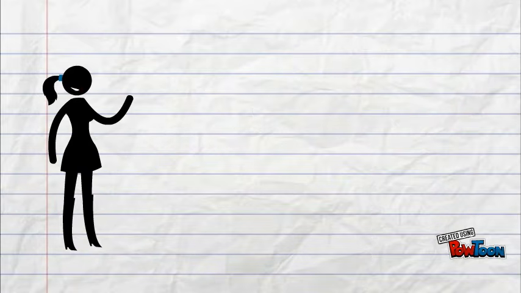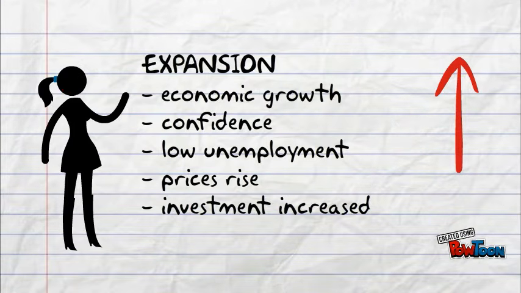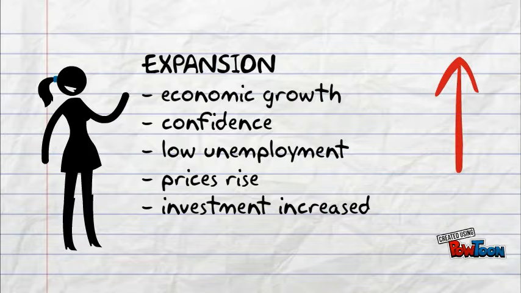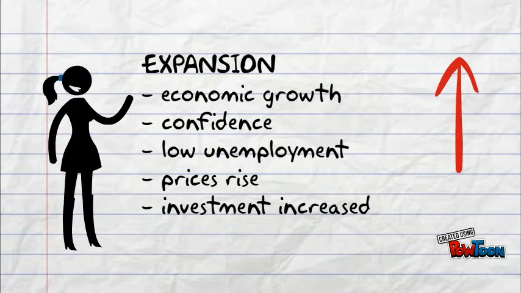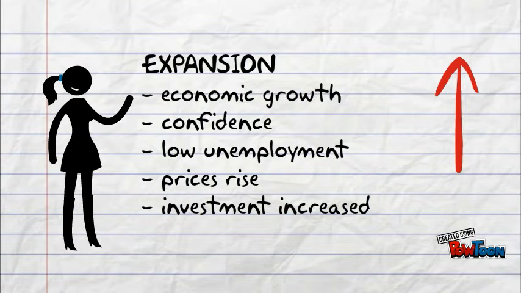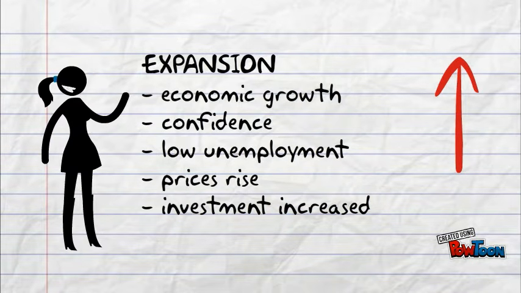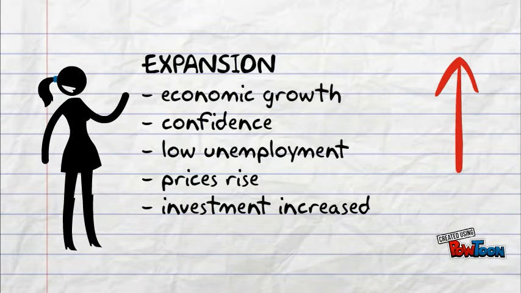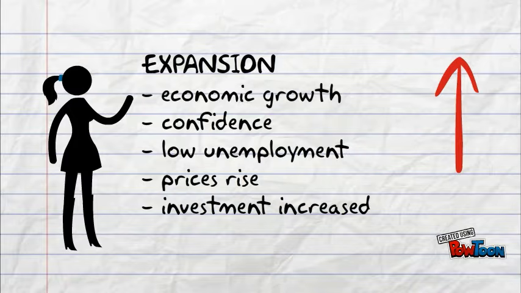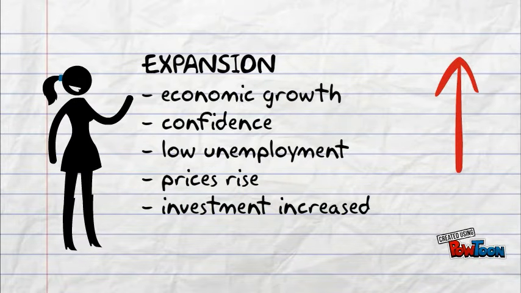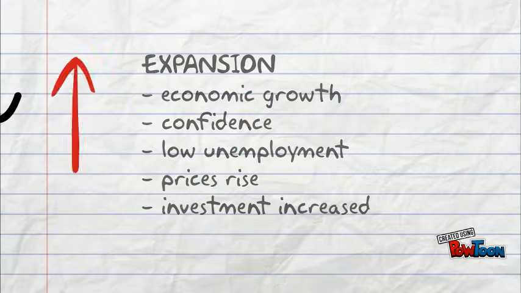An expansion is characterized by economic growth that is caused from business and consumer confidence. This is because when consumers are confident, they purchase now instead of later because they know that they will have future income to make further purchases. As a result, spending increases from both businesses and consumers, where employment is also increasing. Furthermore, investment is also high and property and stock market prices begin to rise. Overall, inflationary pressures are upward and prices tend to rise.